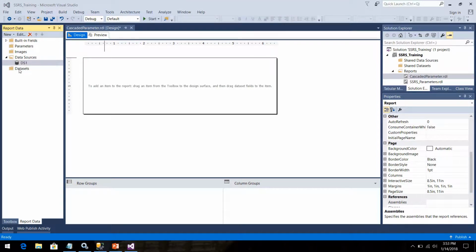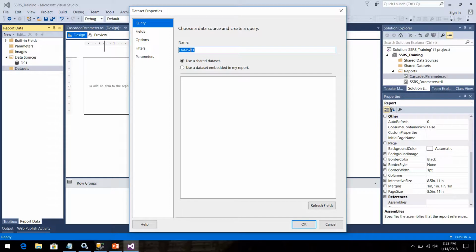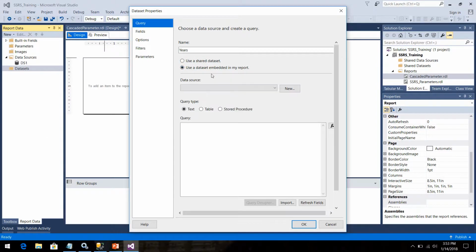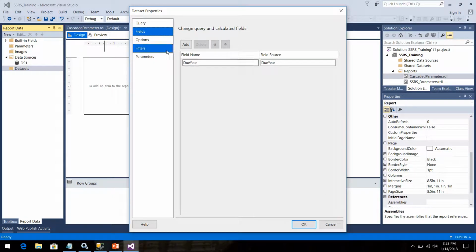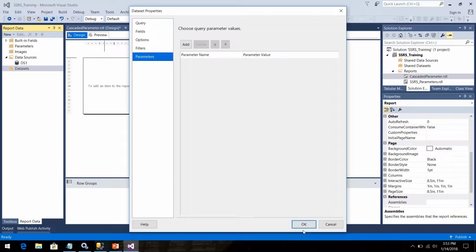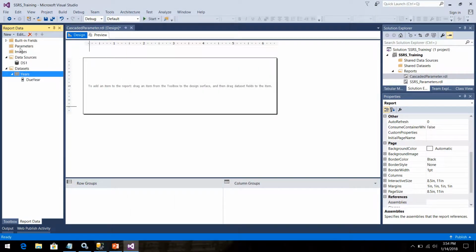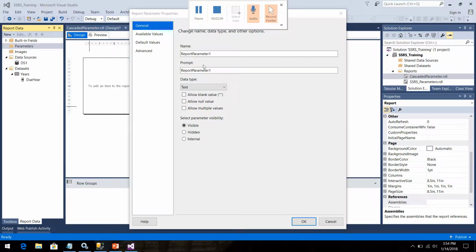So in our first dataset we'll get the list of years, and we'll name it years here, and we'll specify the query to get the list of years. Now we'll refresh the fields. So we have got the field due year here, and then we'll click on OK. We'll match this dataset to a parameter called year. Let's make it years,